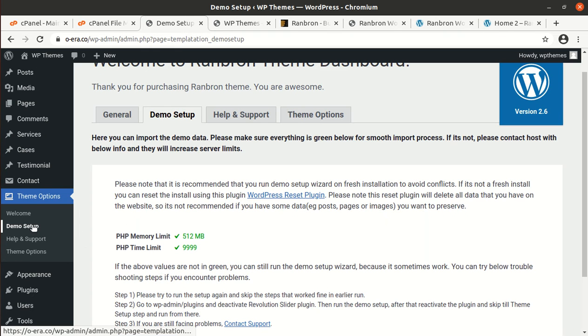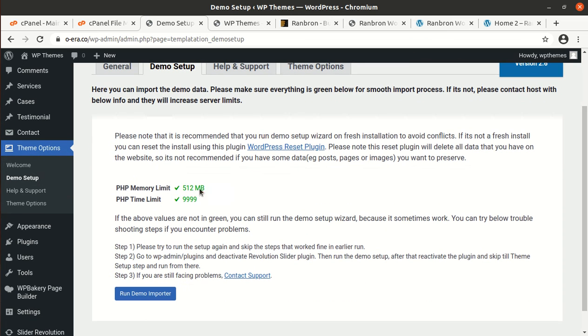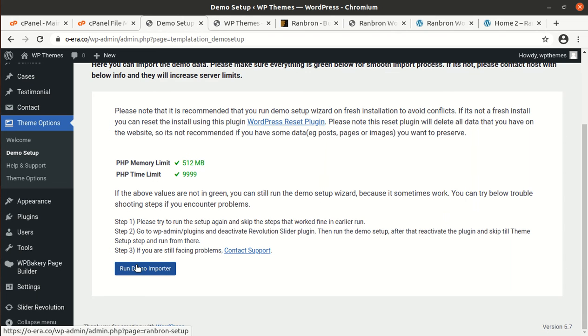We have the demo setup option under the theme options tab. This is the screen showing the basic core requirements of demo import, and it should be green like this. And I am running the demo importer. Before that I just need to read all such things. Please try to run setup again and skip the setup, worked fine in an earlier run. Go to the plugins and deactivate the Revolution Slider plugin, then run the demo setup. Contact support. Okay, so I am just running the demo importer,